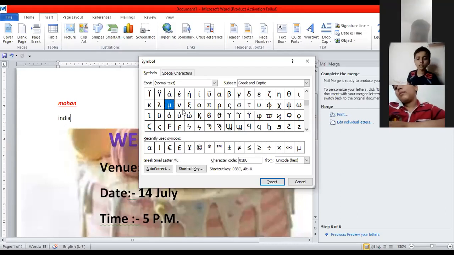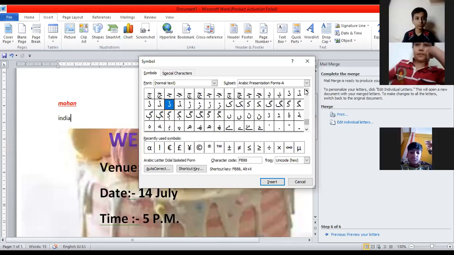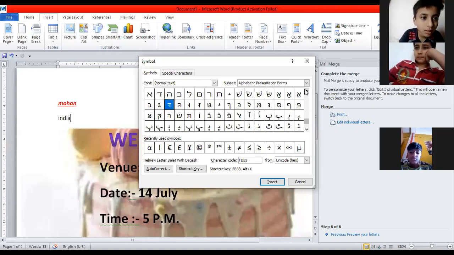So your father has told you the simplest shortcut way, by the keyboard only. You don't have to search for it, but you have to remember all those. There are so many symbols, you cannot remember them all, right? And when you click on it, the symbol will be inserted. Now mute yourself from your side.